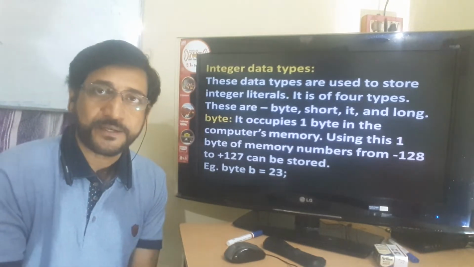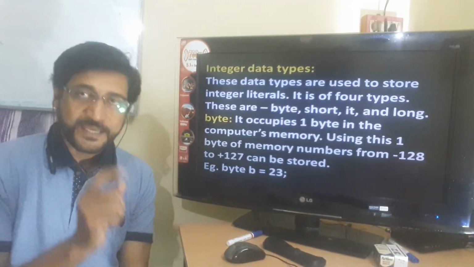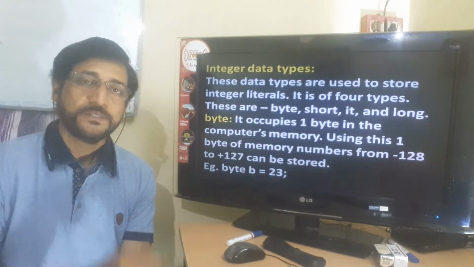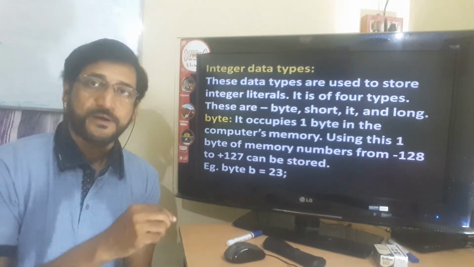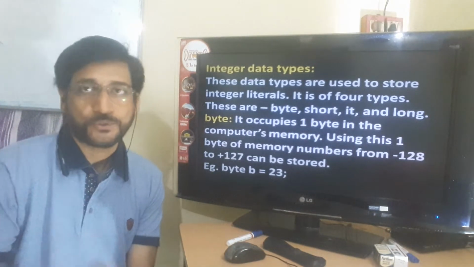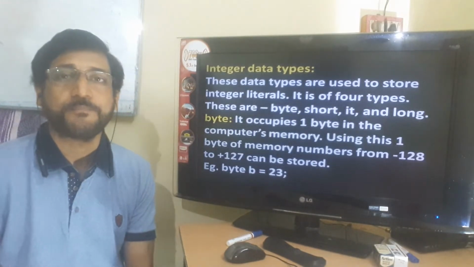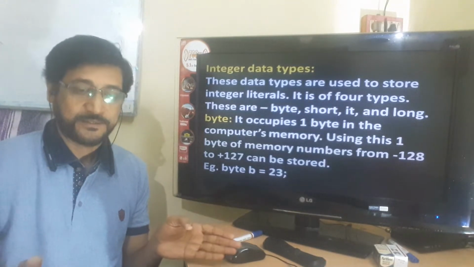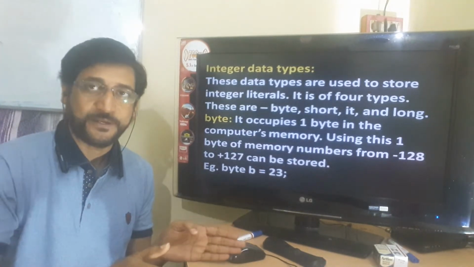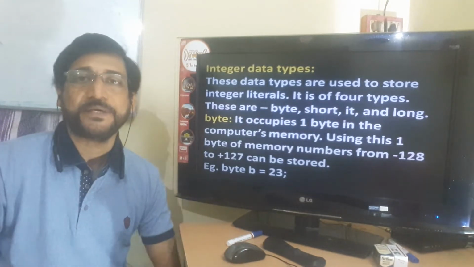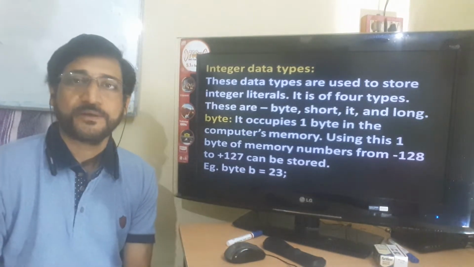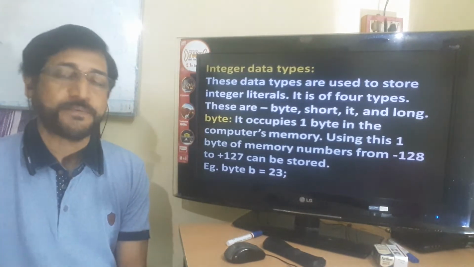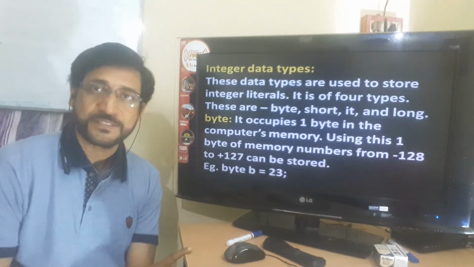Each bit pattern represents a number. For example, all zeros represents 0, and so on up to other numbers like 50 and 102. Each bit pattern represents a number. So to know what is the range of the data to be stored in a byte variable, you should know how many bit patterns can be created using 7-bit memory. Mathematically it is minus 2 to the power 7 to 2 to the power 7 minus 1, because plus or minus is there for the sign bit.